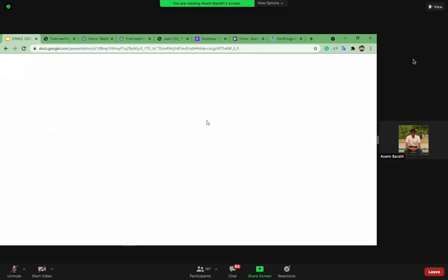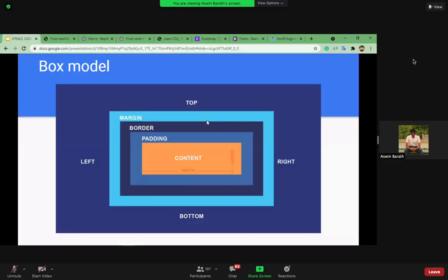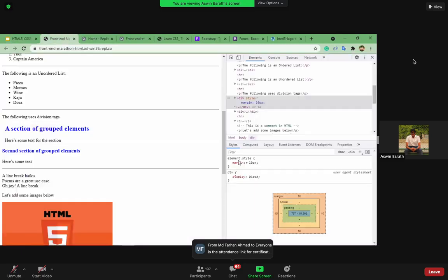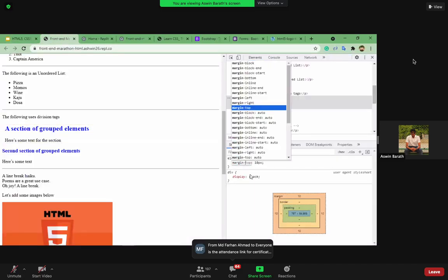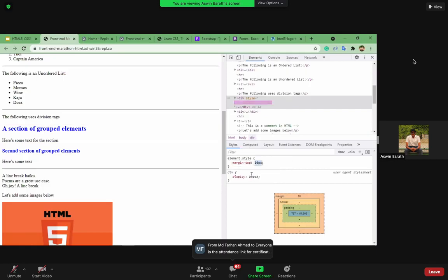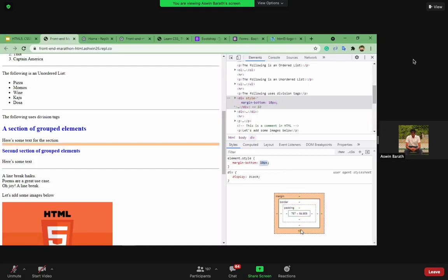Okay. So inside this box model, we have 4 corners, right? Top, right, bottom, and left. Whenever we are trying to give only a top and bottom, we have to provide it explicitly. For example, margin top like this. As you can see, only the top part of the division tag will be applied with 10 pixels. Similarly, we have margin bottom, where only the bottom part is applied.